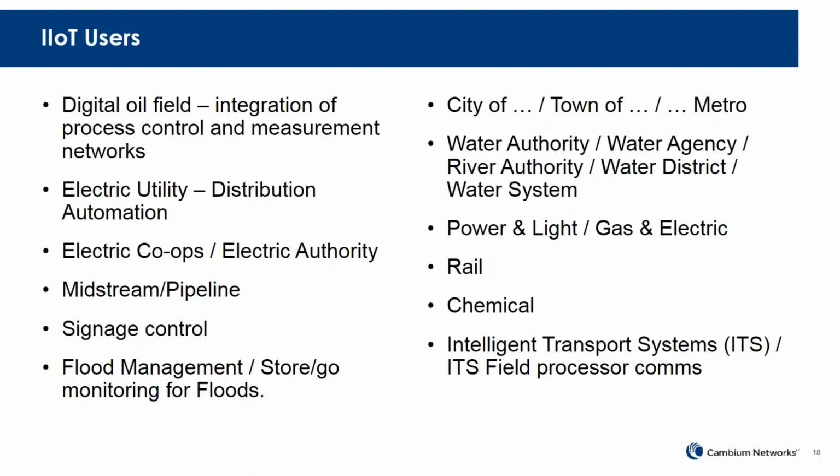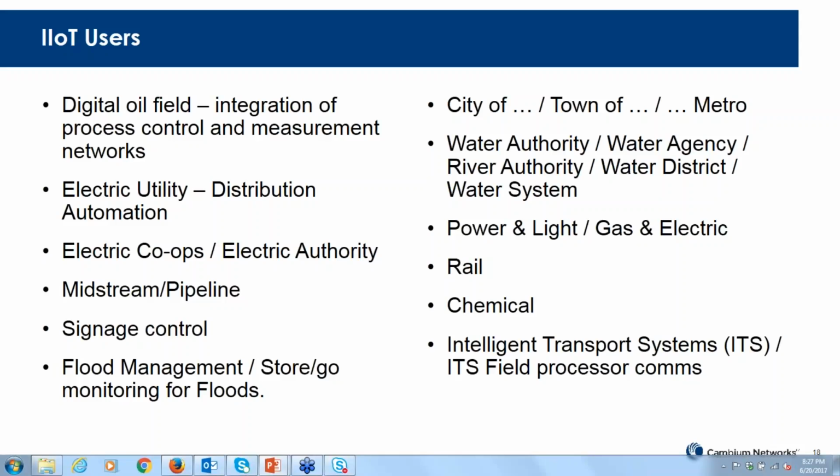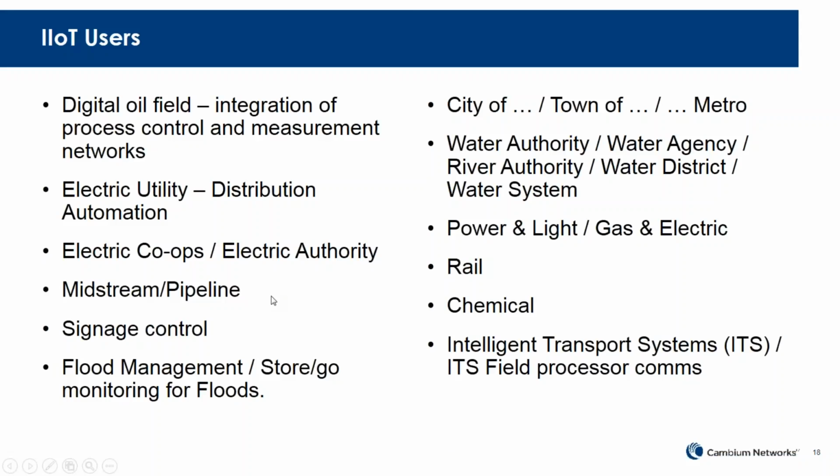So you can see the ones we've talked about, which are oil fields, electric utilities. Signage control is another one. If you're in a remote area where I want to do traffic signage or advertising signage, maybe in an area that's remote and doesn't have reliable 3G or 4G connection, then you could use an IIoT system to send messages out to a sign, which would say you need to take a precaution. Maybe there's a bridge out or something and you want to push the signage control out there.